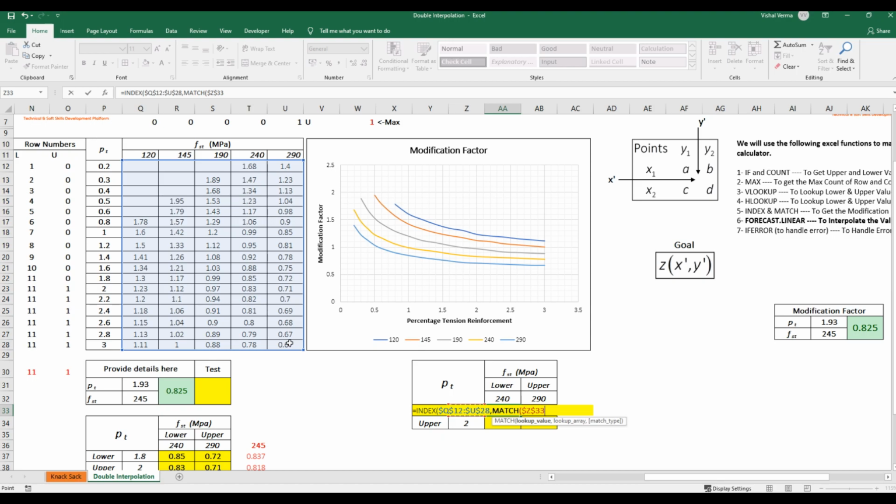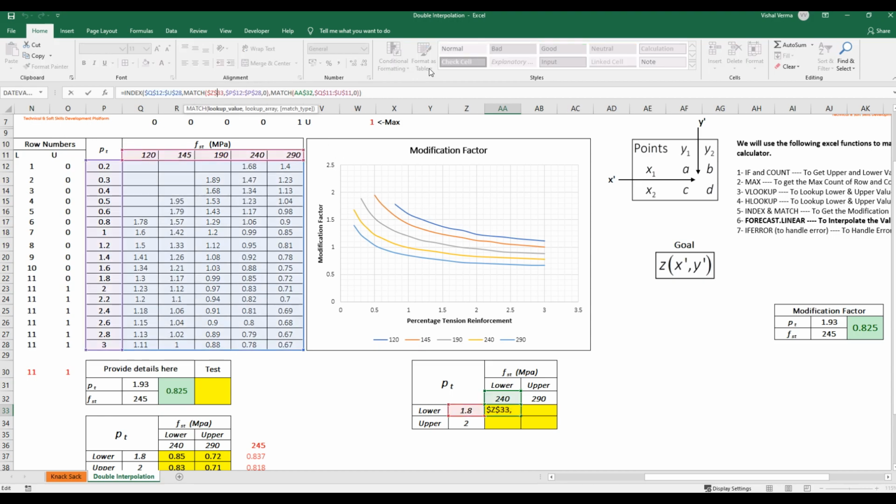Okay. Lock. Then lookup array, you need to use this, exact match. Then again MATCH for column number. What is the lookup value? This. Then lookup array is all this. Then 0.